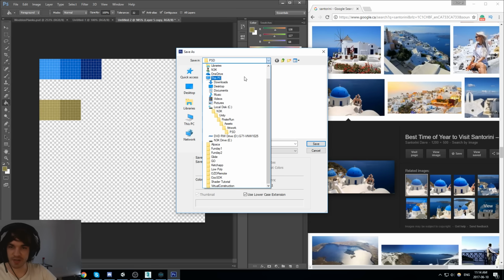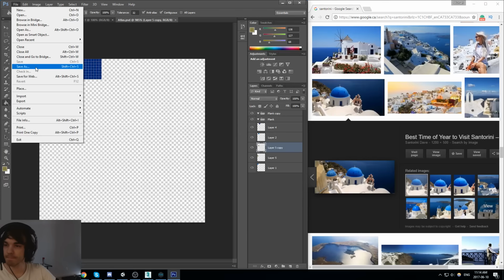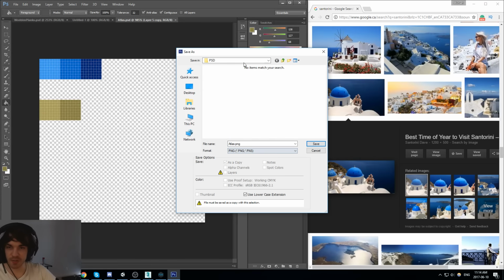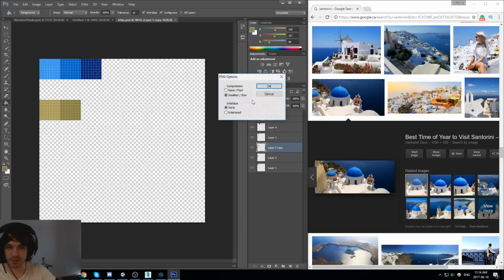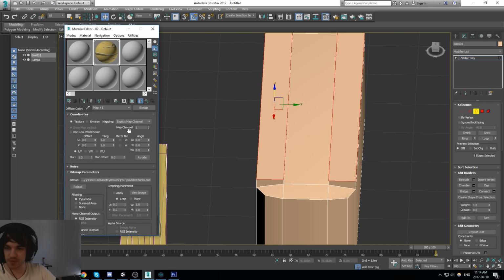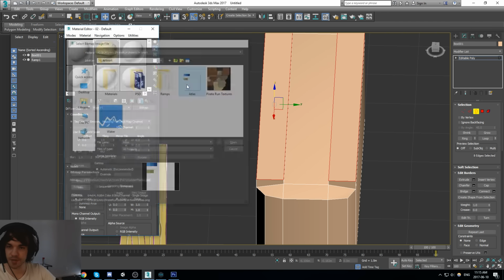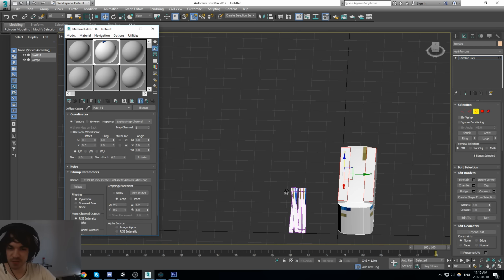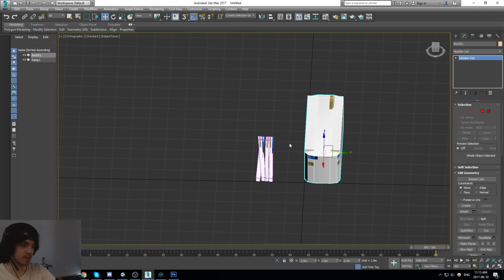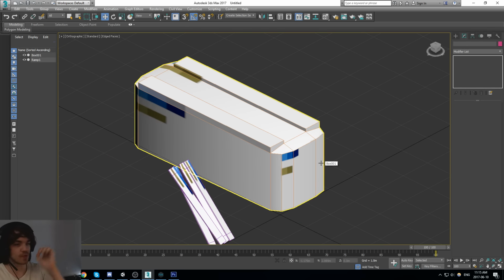Alright, here's my new texture, guys. It is my Atlas. And I will actually save it as a PNG right now. Atlas.png. And that's what we'll be using inside of both 3DS Max and also inside of the game. So let's go here, change the bitmap for my Atlas. Boom, put this here, put this there. Does that look good? Doesn't that look good? Amazing art.